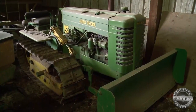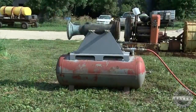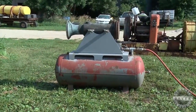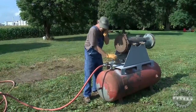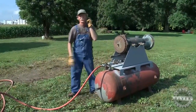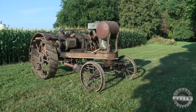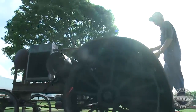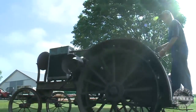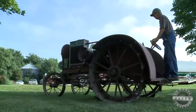Colin Johnson has many interesting things at his place in Iowa, like this air horn off the Henry Ford III steamship. But nothing attracts as much attention as his 1923 Waterloo Boy Model N. Colin first spotted this tractor while on a motorcycle ride in 1978, but it took several years to convince the